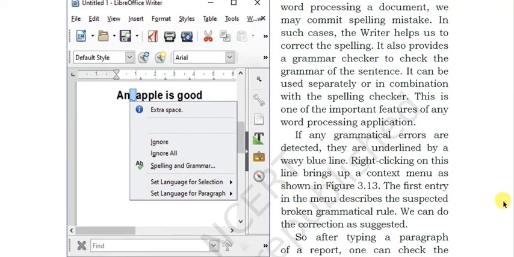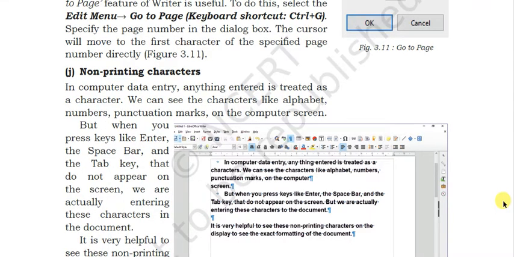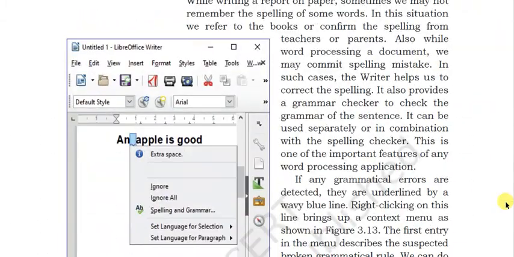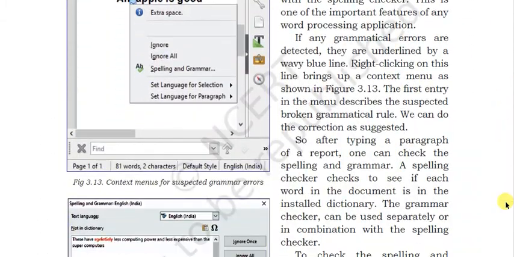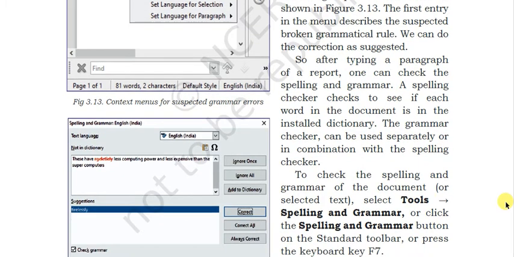Okay, and after typing a paragraph on a report, one can check the spelling and grammar.